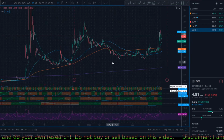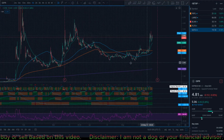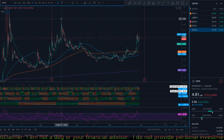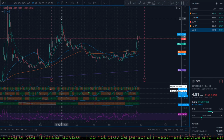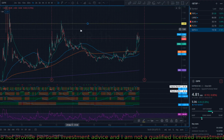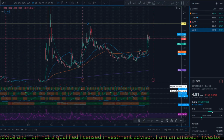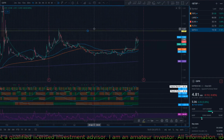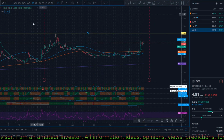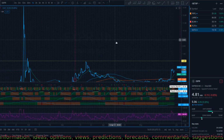Express. This one looks like it still has quite a bit of momentum to go, at least to break outside of this height right here. So there's a height right here. I think that's where it's going, $6. So the $5 bet feels reasonable. And then once it breaks that one, it's probably gonna go,